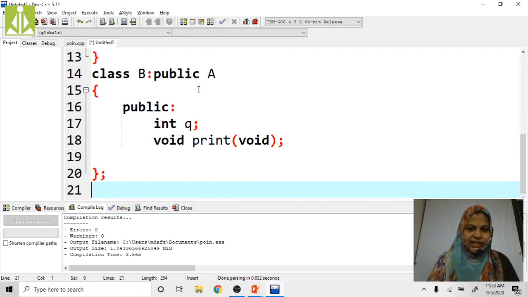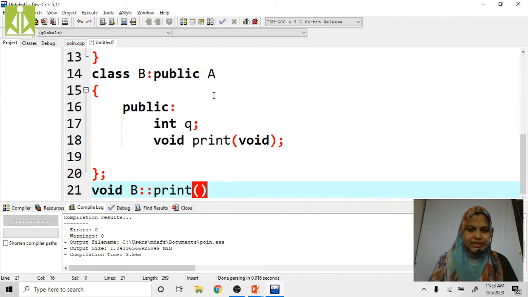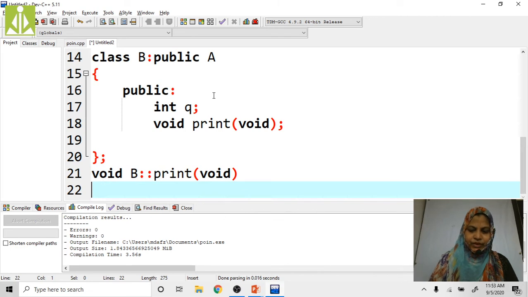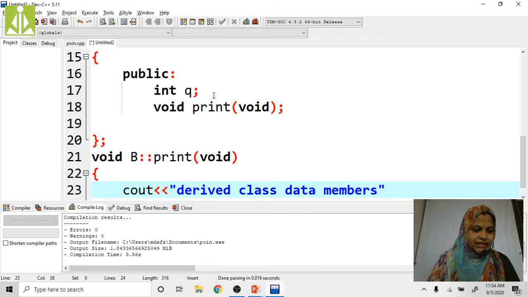Now I have to define the print function outside the class. So I have to take void. What is the class name? B, function name print, right? Print void, and open the braces, write cout, derived class data members are p comma q.